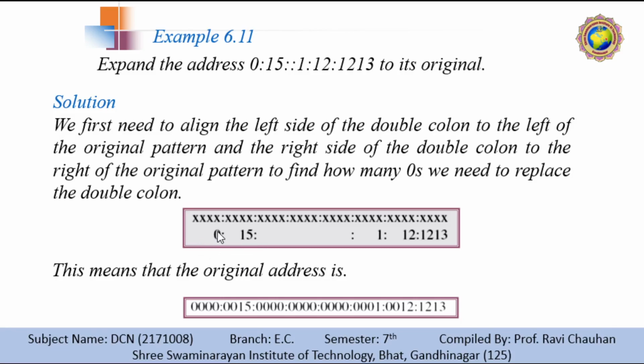You know that there are 8 parts in our IPv6 address, so 8 groups are there. So this means that in the first part there are 4 zeros, in the second there are 2 zeros before this, and after the last one, so it will be like this. Between groups 1, 2 and 3 there are groups of zeros. Okay, so it is very easy to understand and very easy to translate into the original form.